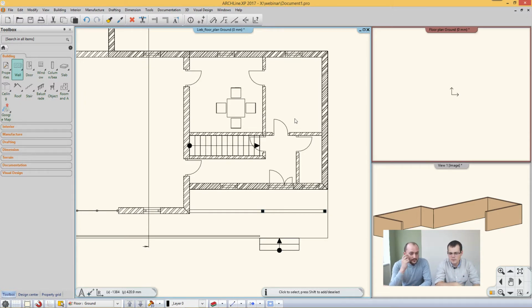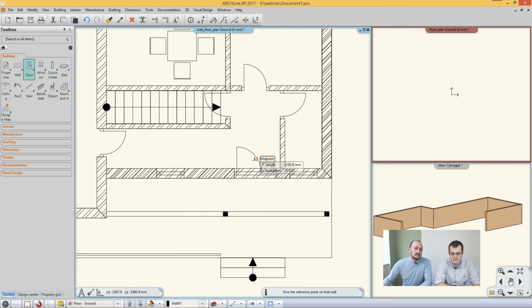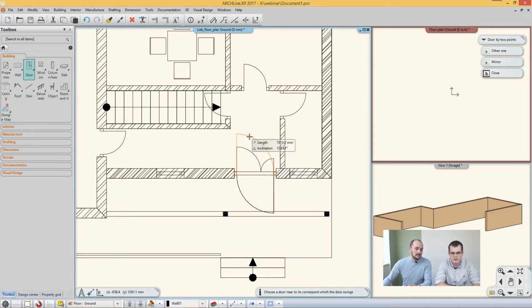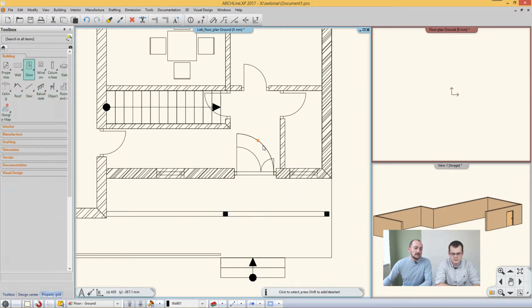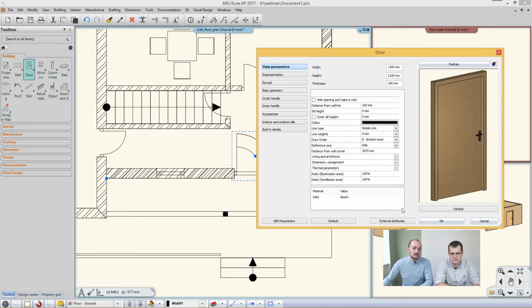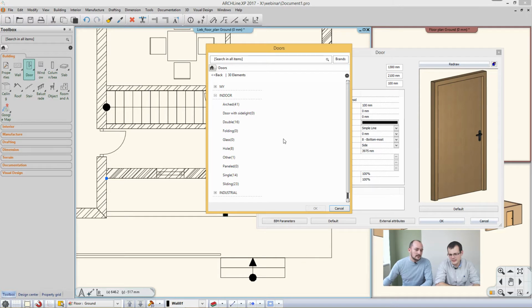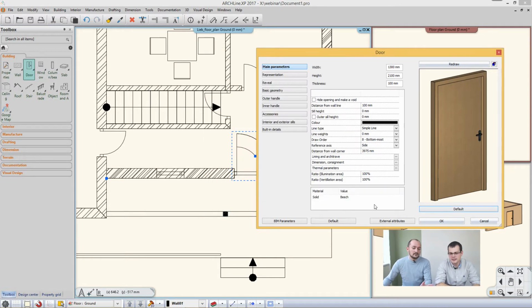And the other two important tools are the doors and the windows. They are also supported. If you go here, you use the door by 2 points. This allows you to pick two existing points on the DWG and set up an opening direction. I have a different door type selected, but I can change that to something else. So if this is a single leaf door, but I have a double leaf in the original drawing, I just go there and try to find something similar in the libraries, or exactly that, and it can be changed every time. You can actually even create your own doors, but I think that's a topic of a different